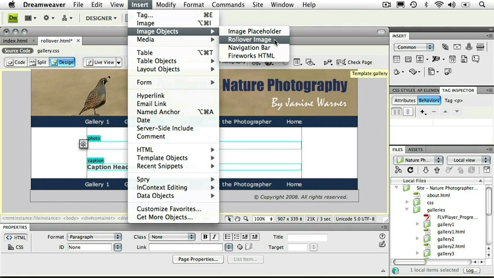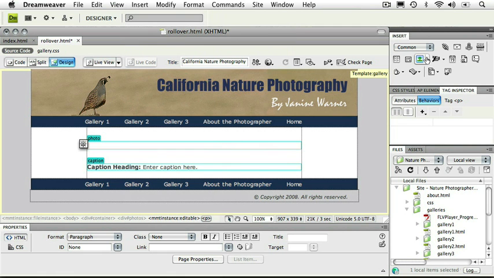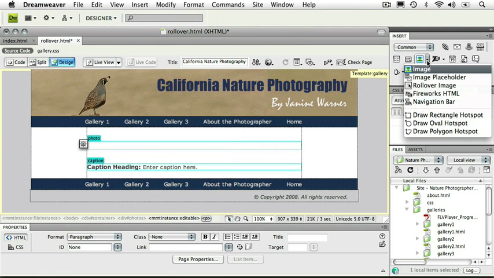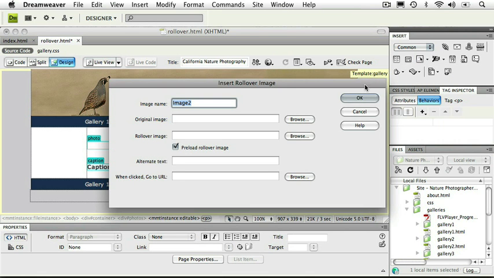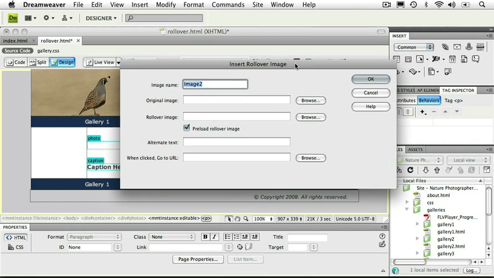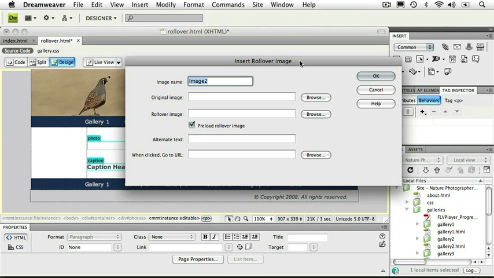Not surprisingly, you can also find this from the Insert panel. Again, if you're at the Common Insert panel and you click on the arrow next to the image, you'll also find the Rollover Image option here. In the Insert Rollover Image dialog, you have a few things you need to do. The first one is to give your rollover a name. In this case, you're identifying the rollover, but it's very important that you use no spaces and no special characters in the name. So you could call it something like rollover,